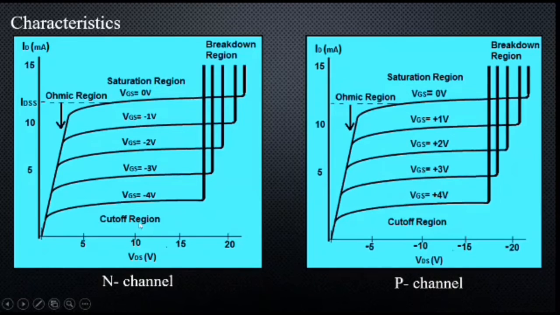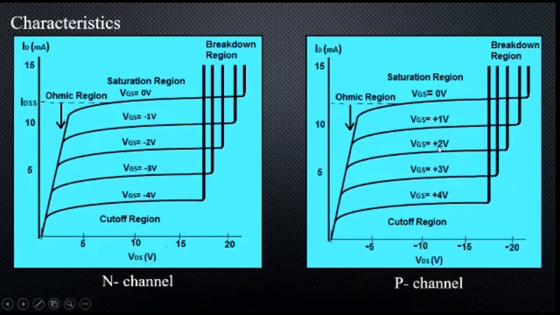If the VDD voltage applied to the drain terminal exceeds the maximum necessary voltage, then the transistor fails to resist the current and thus the current flows from the drain to source terminal. Hence the transistor enters into the breakdown region. This IV curve is almost the same for the P-channel JFET too, but a few differences exist. For N-channel JFET, the drain current increases when the VGS increases. But for the P-channel JFET, the drain current decreases when the VGS increases.